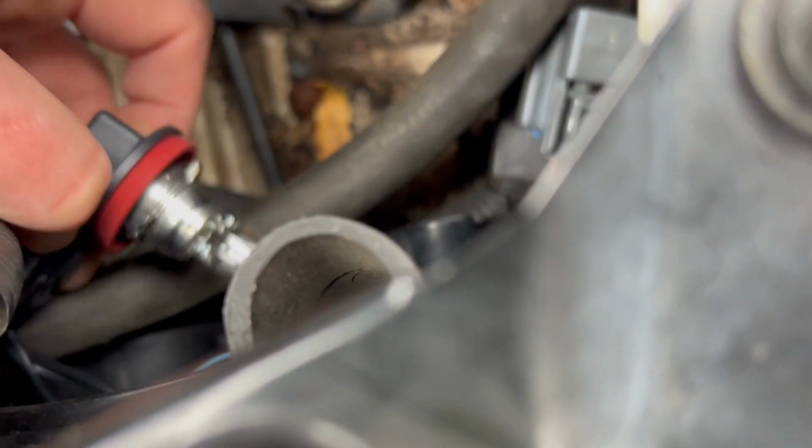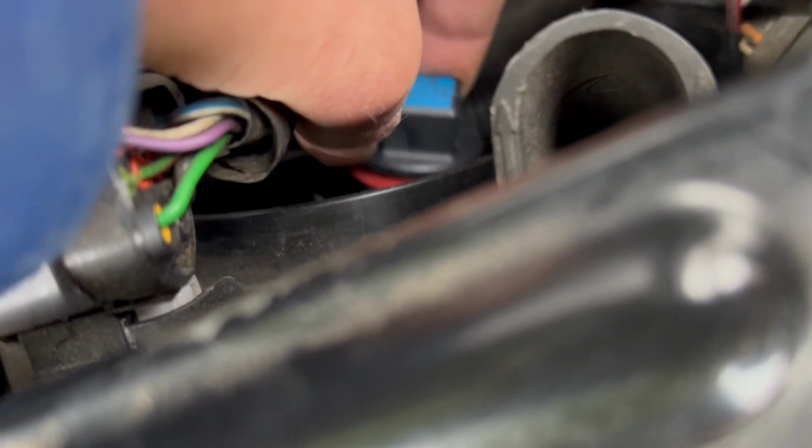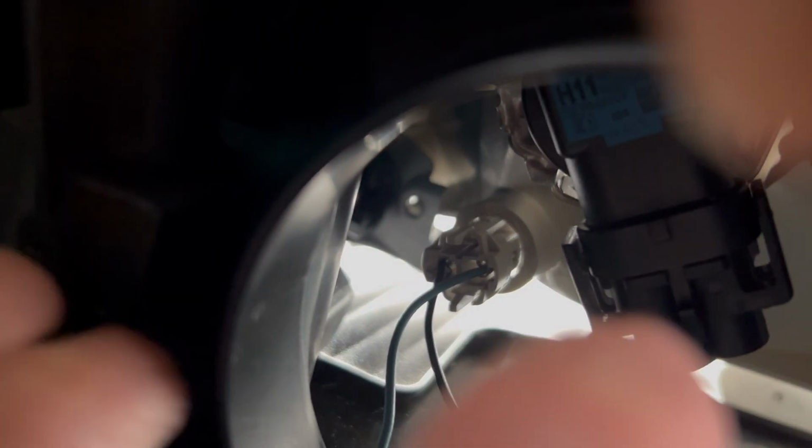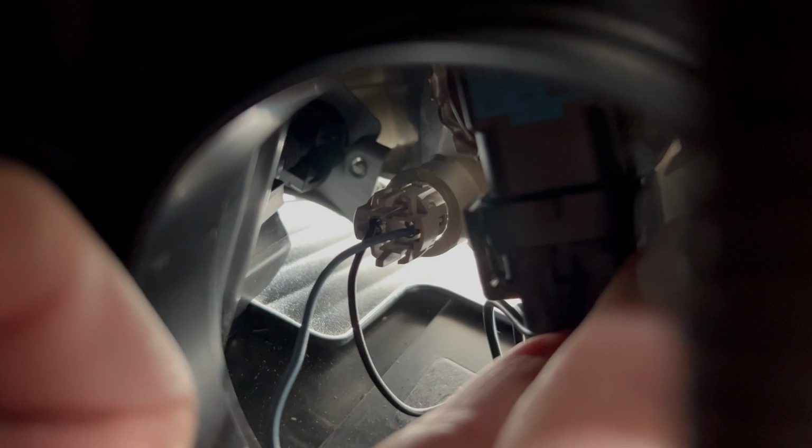I am not touching the glass, and I will put it in there that we're cocked at like a 30 degrees off center line, and we'll rotate this here. So you turn this